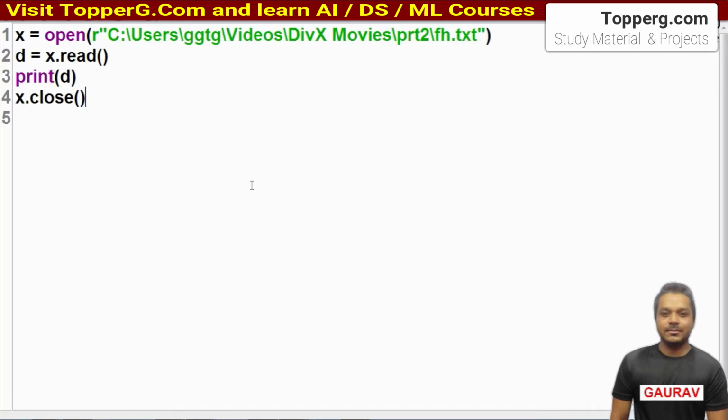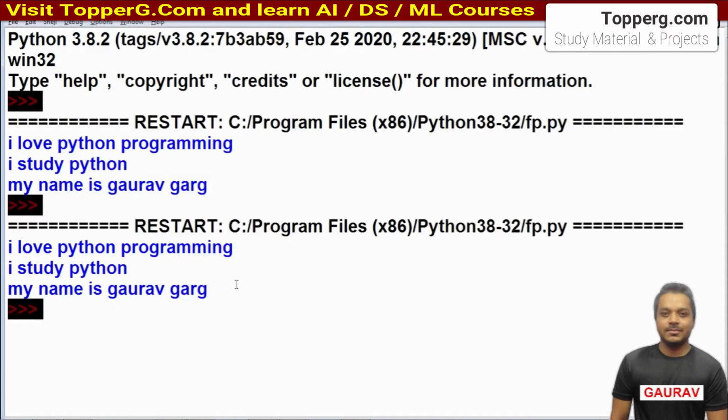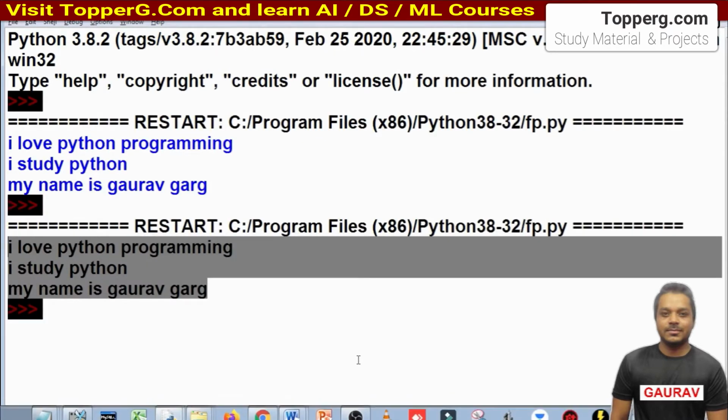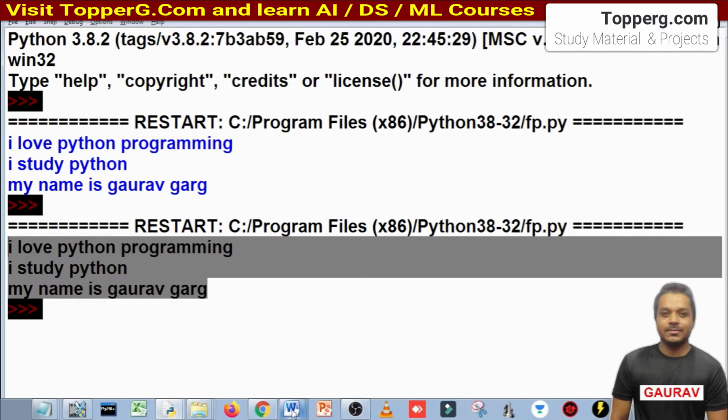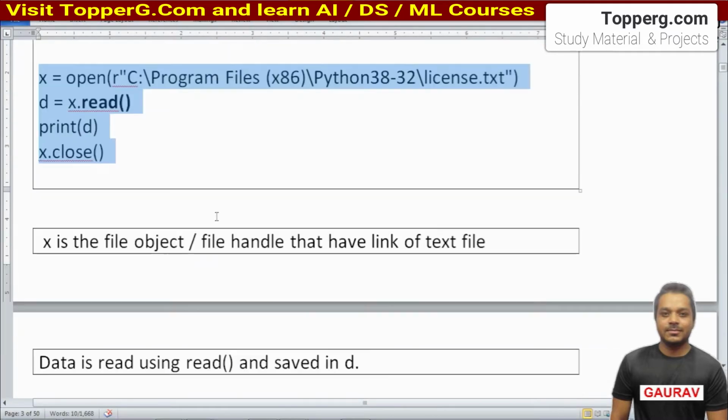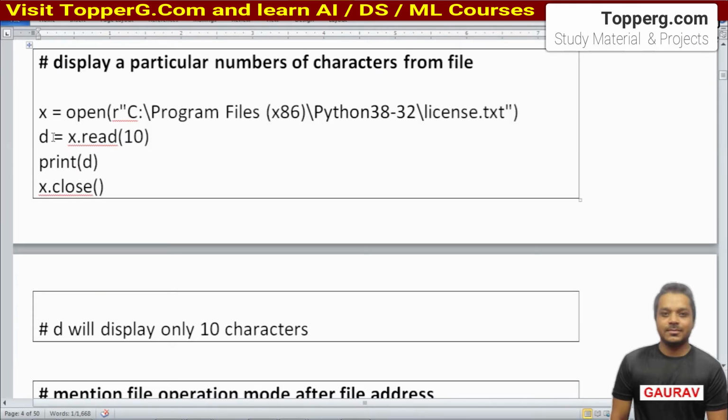Let's execute the program. As you can see, our data has been displayed that we have already written in our text file, right? So now you know how to apply read function. What is x? X is the file object or file handle. Now suppose I provide an integer number here, 10, then what will happen?